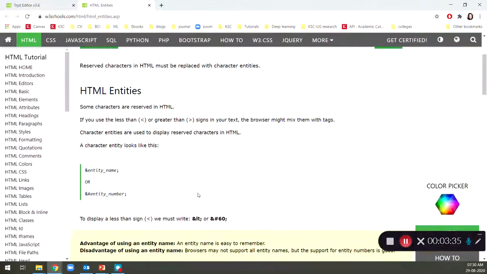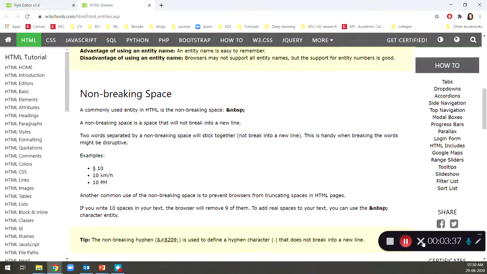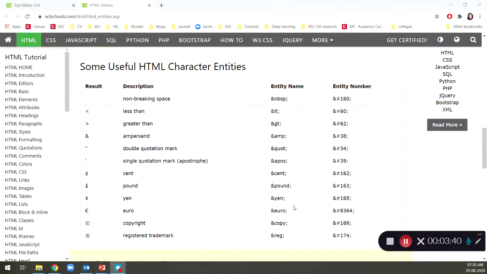Those elements are called special entity elements. You can see there are different kinds of special characters that we want to display in our web page. If you want to display the greater than symbol, then you have to use this code, and the less than symbol, and then double quotation.